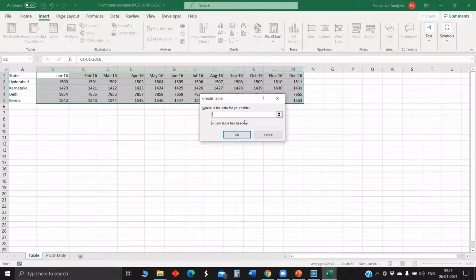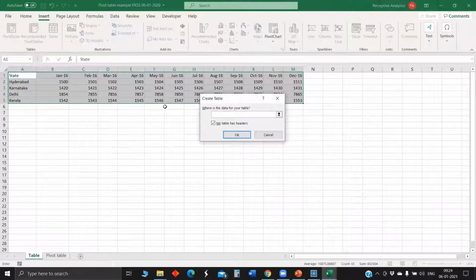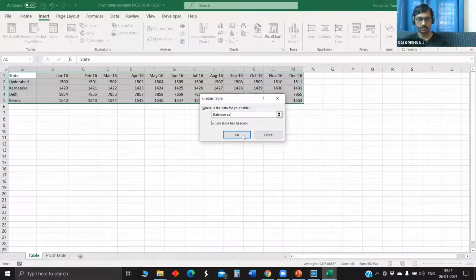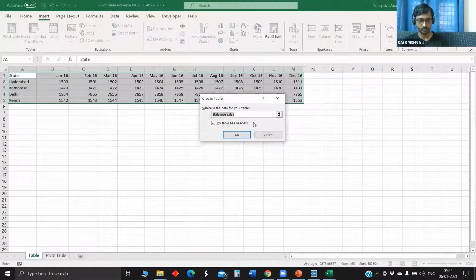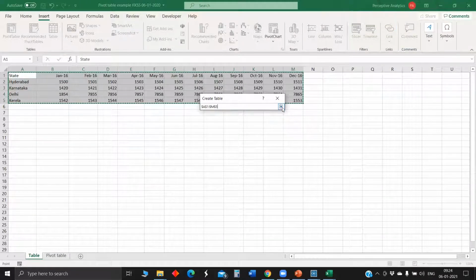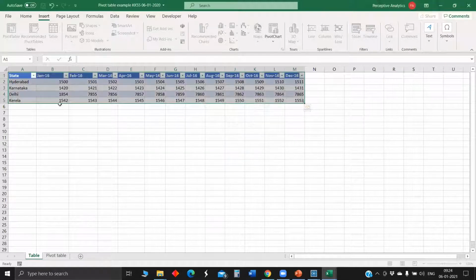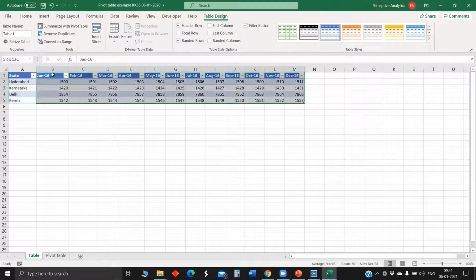Start from A1, make it a complete table. Now you can choose. I think you just have a cell range selection here. So now should I select only the date fields and pivot table, or what? Yeah.